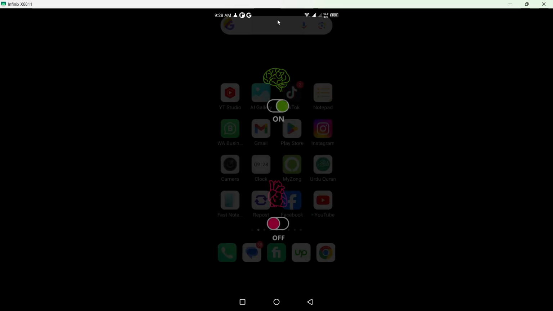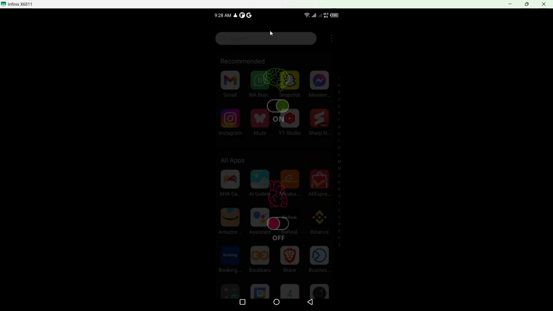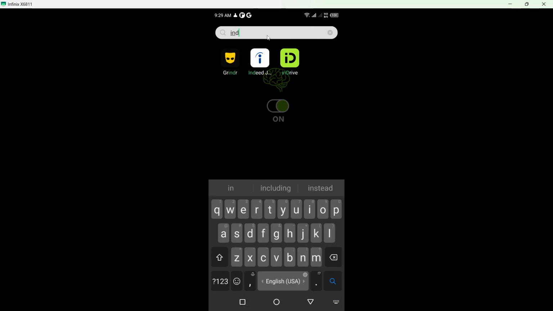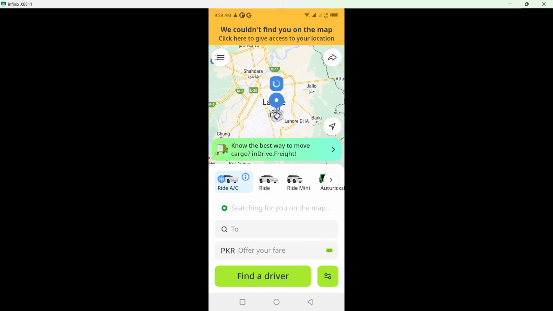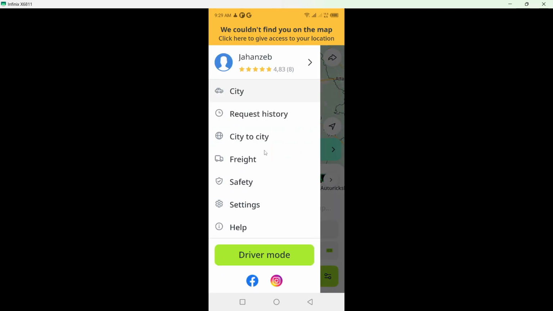In today's video I'm going to show you how you can unblock your InDriver account. So the first step you need to do is to open the InDriver app. Once you open the app, you simply need to click on the three bars on the top left. Once you are here you can see different options. You simply need to click on help